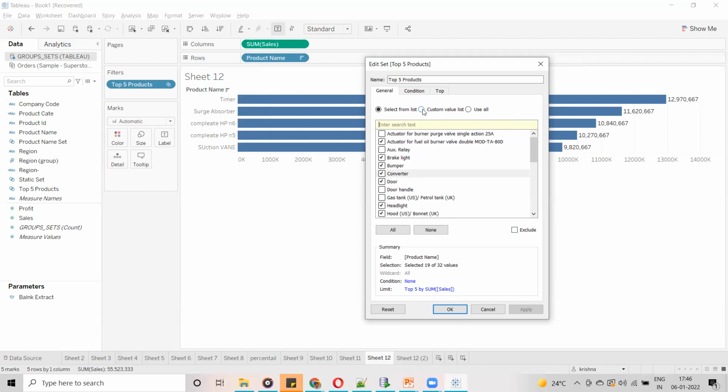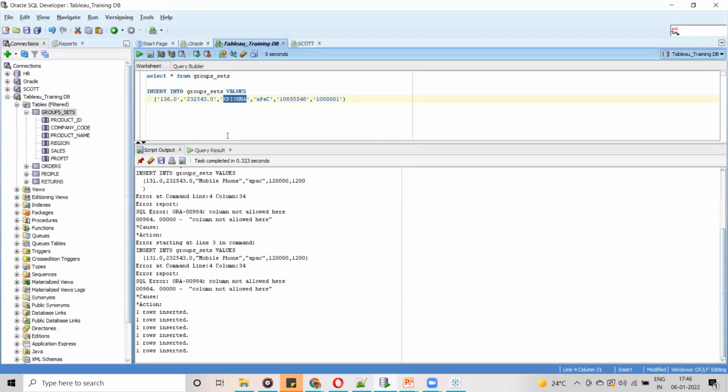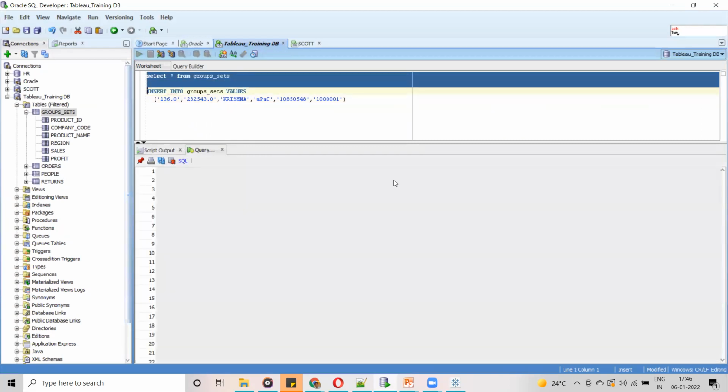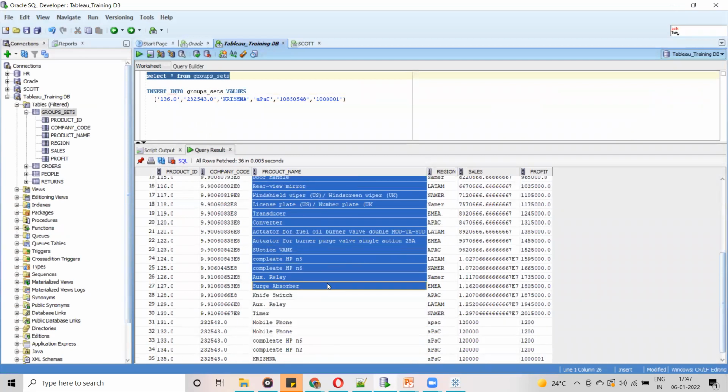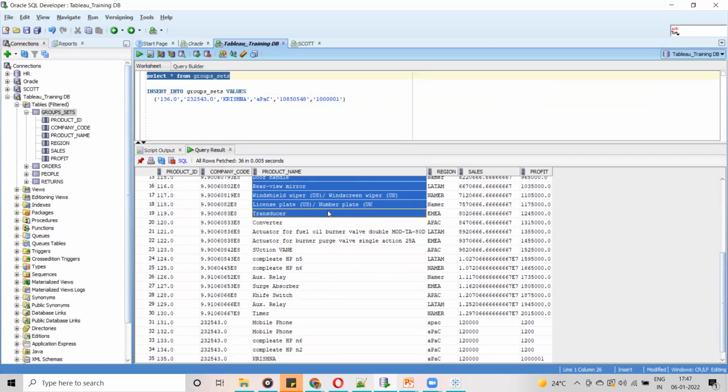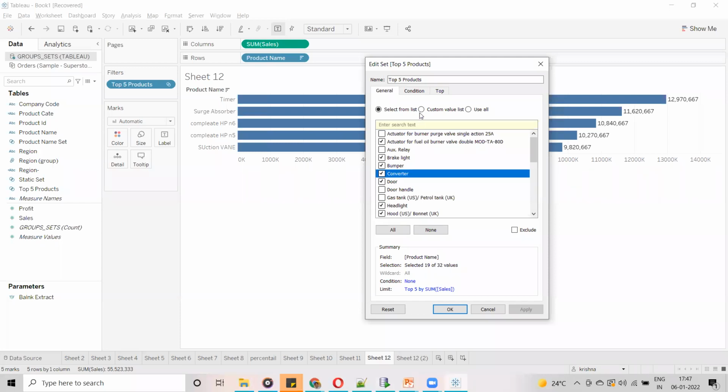And another scenario, for example, guys, here you can see I have 32 values, I have 32 products. Okay, let's take the data for now. Let me take some products. Total 35 products. Out of that, I am going to copy only 19 products. Let's see how it is going to be copied or not. Okay. So now here, guys, I have a list of 19.